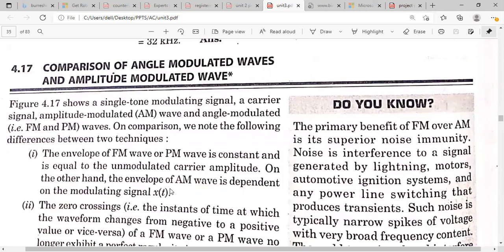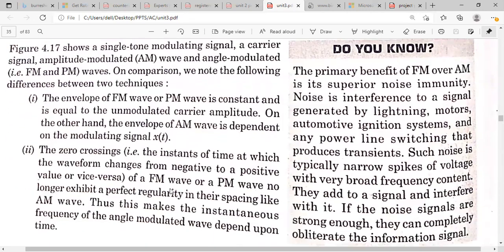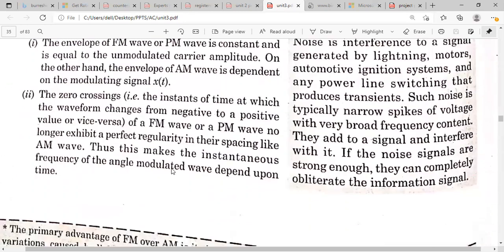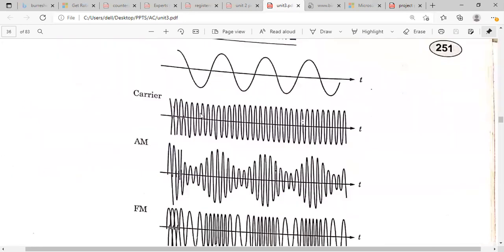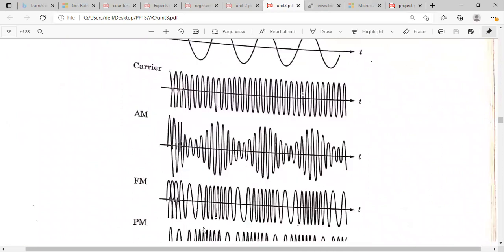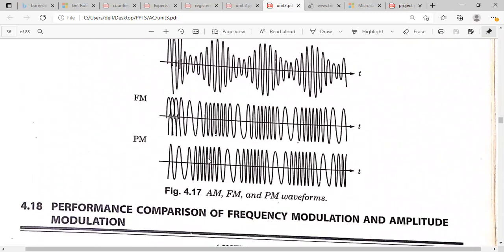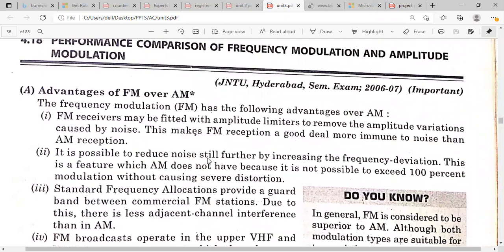And the comparison of angle modulated waves and amplitude modulated waves. In an angle modulated wave, the angle of the carrier is varied while its amplitude is kept constant. In an amplitude modulated wave, the amplitude of the carrier is varied and the rest remains constant. Okay, so you have to remember that. So this is a message signal, this is the carrier signal, this is AM, and this is FM. And in the phase modulated wave also, both FM and PM depend on the instantaneous amplitude of the modulating signal. Okay,